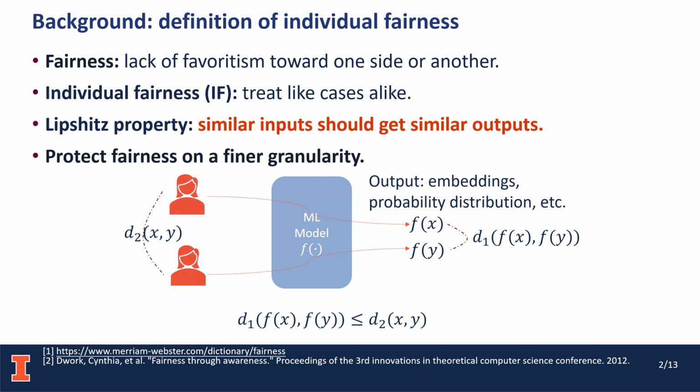So individual fairness has its advantage compared to other fairness because it is considering fairness on a finer granularity. Consider that in group fairness there are many minority groups and some of the groups you might not be able to identify. So this is when individual fairness becomes more effective, because you don't have to define the groups in individual fairness. So you can protect whatever groups you want.